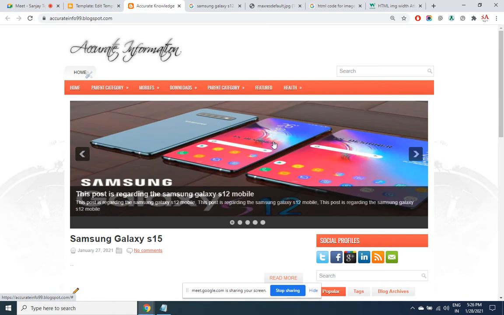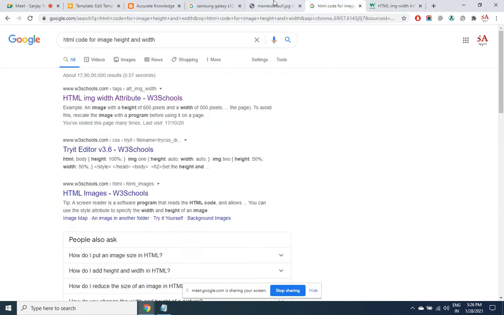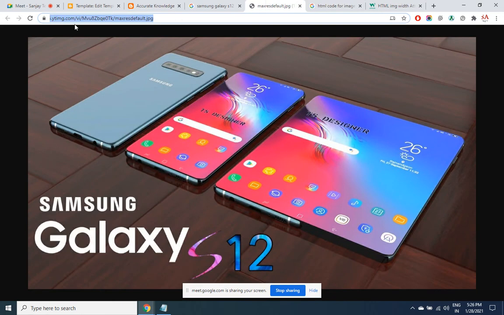Now I want to have an image which is there in my system. The way that I've shown you how to add an image is not actually a professional way, because we have just copied a URL which is from a website whiting.com. If this site removes this image, automatically even in our site it will get disappeared. So we are always dependent upon this source website. This should not be the case.